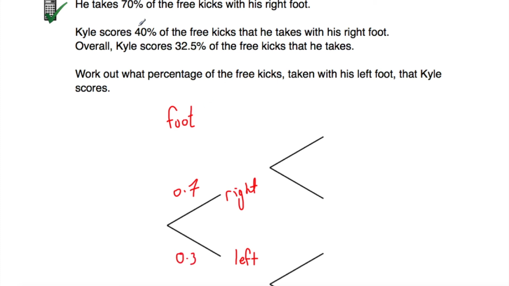Okay, now we're then told that he scores 40% of the free kicks that he takes with his right foot. So now it's about whether he scores or not. So does he score? So then we've got score or not. So does he score, yes or no? Yes